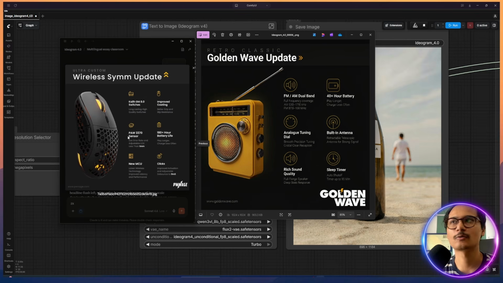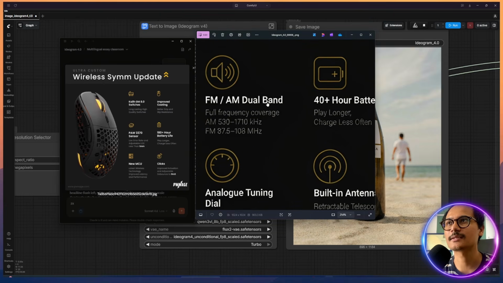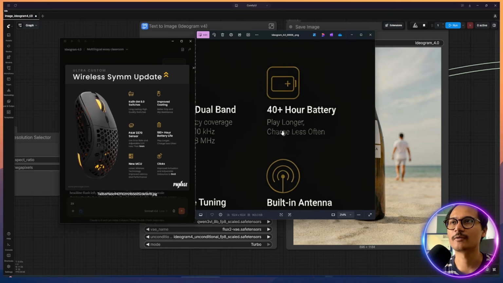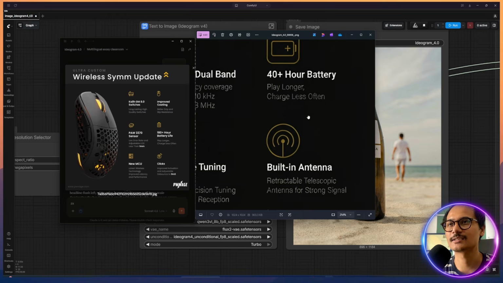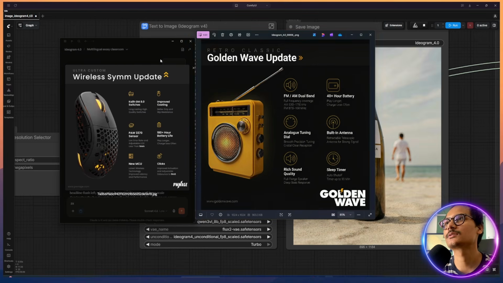It's there. The quality of this is much better, but this is also good because as you can see, I don't know whether you can see, the text is good. FM, AM, dual band, full frequency coverage, 40 plus hour battery, play longer, charge less often. Everything is so good. Golden wave. Another one